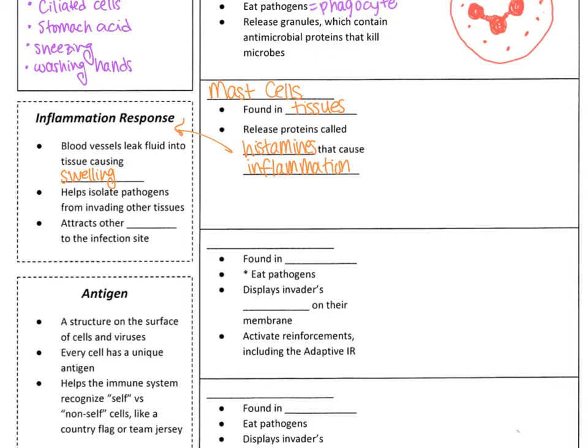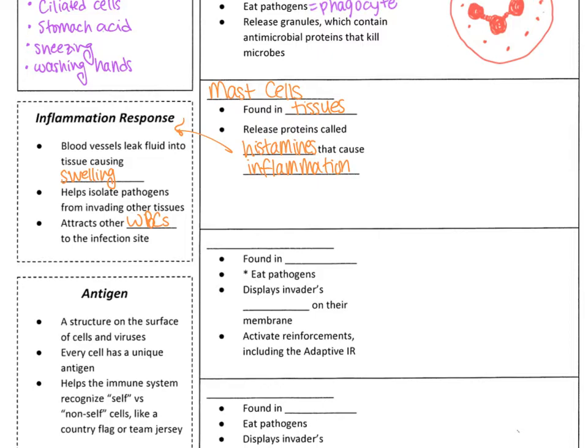The purpose of this swelling is to help isolate pathogens from invading other tissues. So this swelling and this excess fluid essentially helps trap pathogens in that isolated area. The swelling also attracts other white blood cells, WBCs. So the swelling essentially draws other white blood cells to the infection site so that they can also initiate a